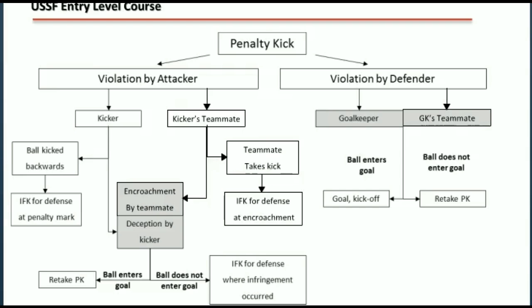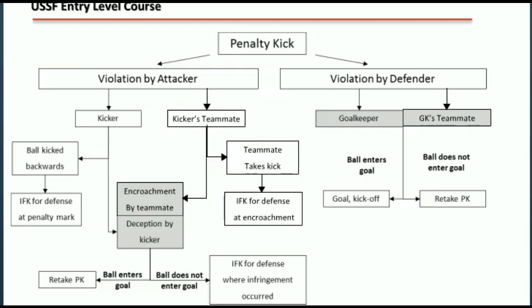If the designated kicker kicks the ball into the goal, because the attacking team infringed on Law 14, the goal is not awarded and a retake is ordered. If the ball does not enter the goal, again, rebound, save, or miss, the referee should blow the whistle to halt play and award an indirect free kick at the spot where the attacker entered the penalty area early. Two possibilities exist from attacker encroachment: a retake if the ball goes in, or an indirect free kick if it